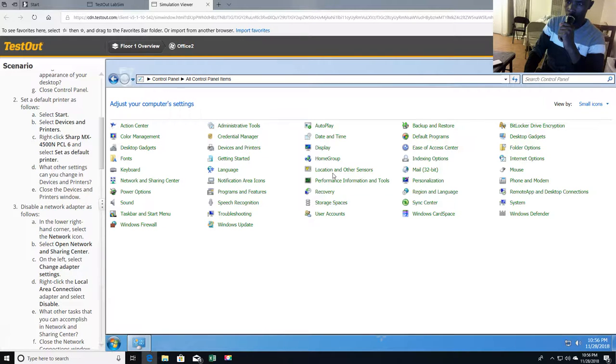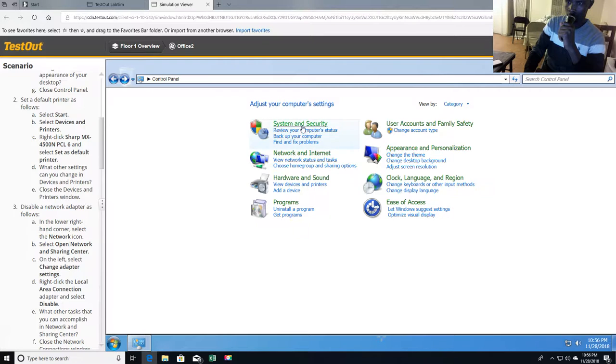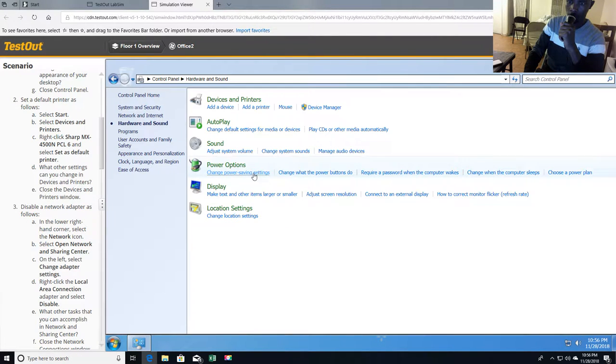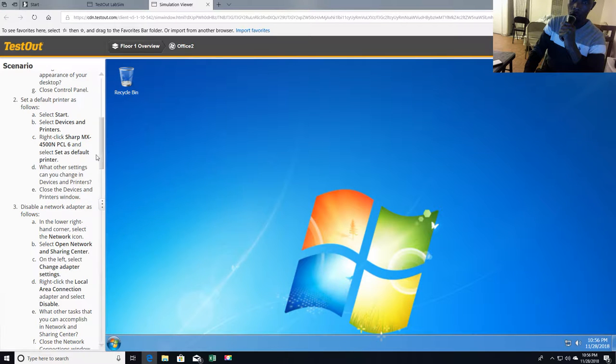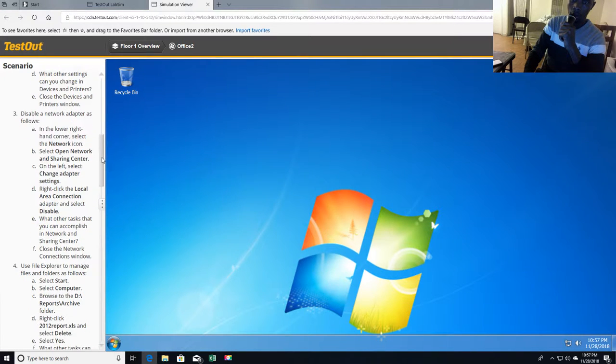It's pretty much devices and printers, system security, hardware and sounds, devices and printers. So it's pretty much this one they want to. So you can right click and set as a default. So you notice that when I set as default, a green check mark is shown, which pretty much means that we've selected it as a default printer. So I go ahead and again exit out of the control panel, and then I proceed